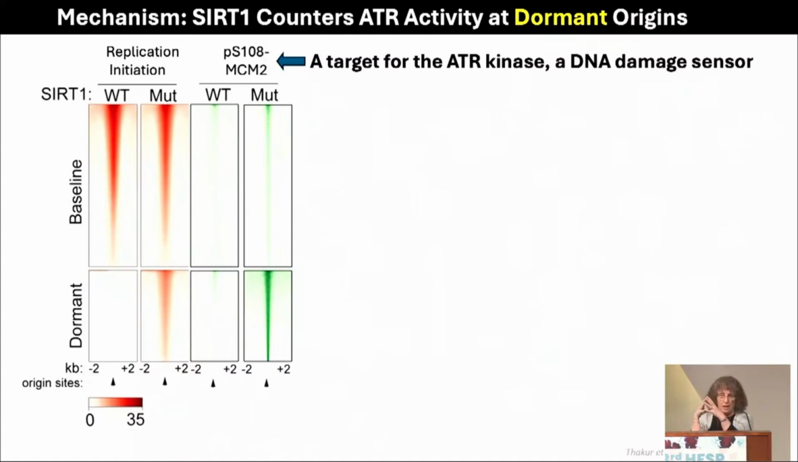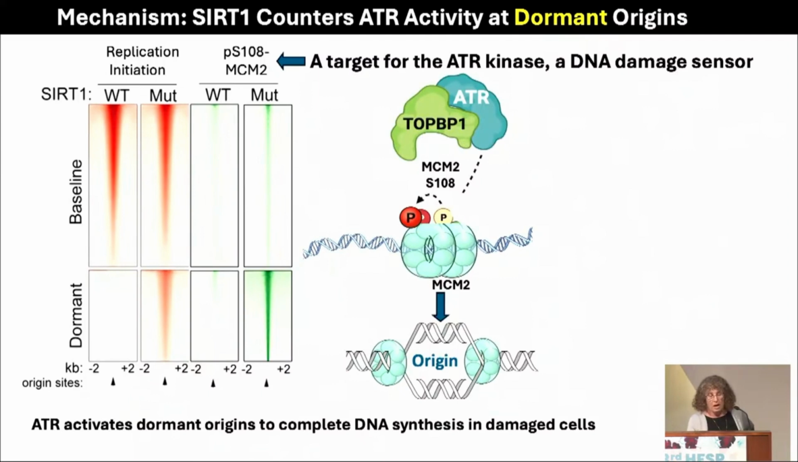Helicases are the protein complexes that separate the two strands of DNA as a first step of DNA synthesis. This helicase subpopulation is phosphorylated on a specific serine, in this case serine 108, and this serine is a target for a kinase, an ATR kinase, which is a DNA damage sensor. So when ATR phosphorylates serine 108 on this MCM2 protein, the helicase can be activated and replication can start at